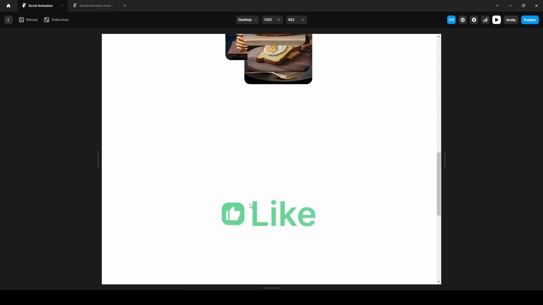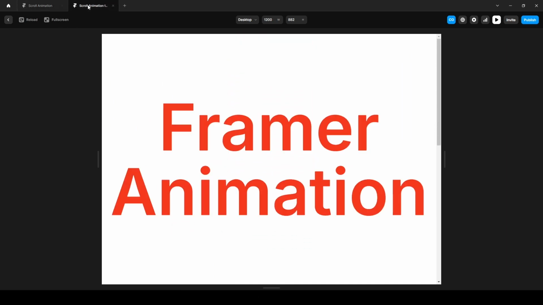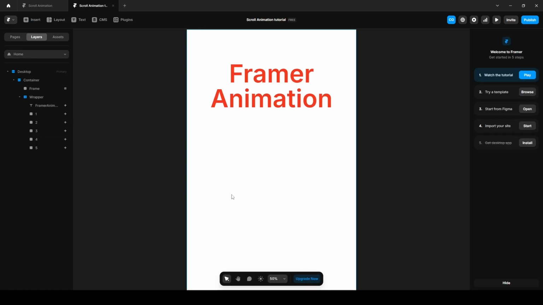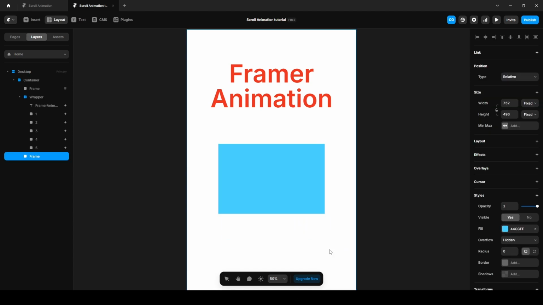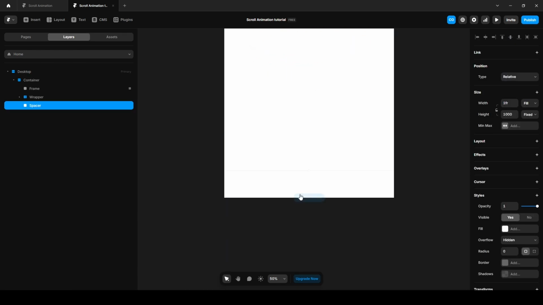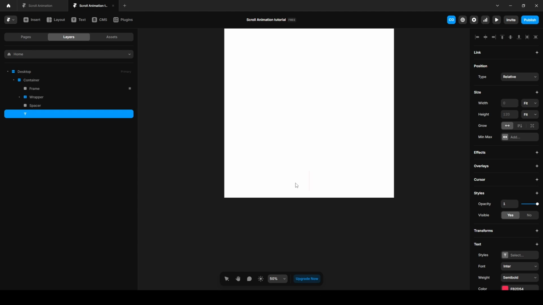Now let's create this effect. As you can see, there is a gap, so we can add an empty space here by creating a frame. Press F and change the width to fill and add some fixed height, I guess 1000 pixel, and remove the fill color. Now press T on your keyboard to add text and name it like. Wrap it into a stack,